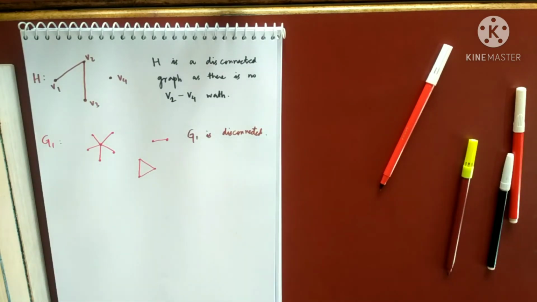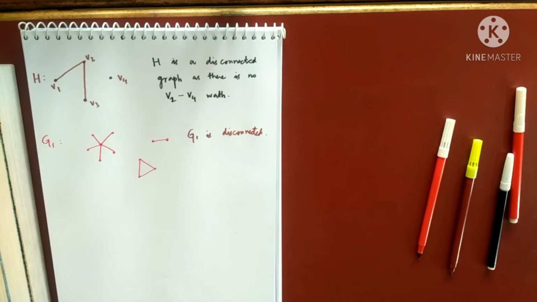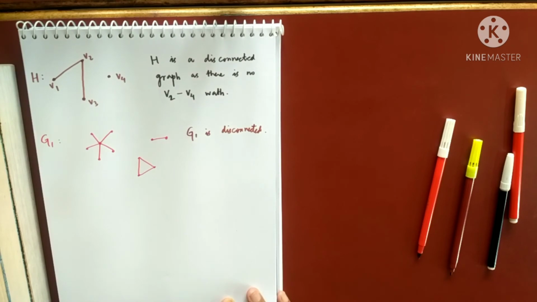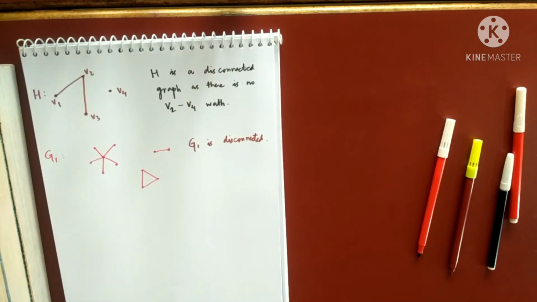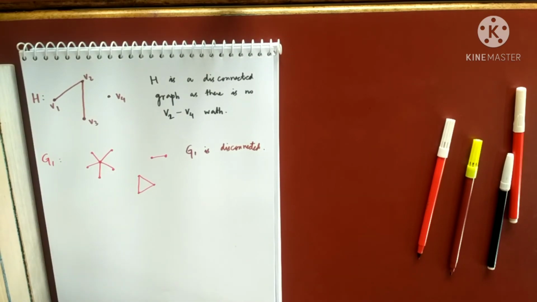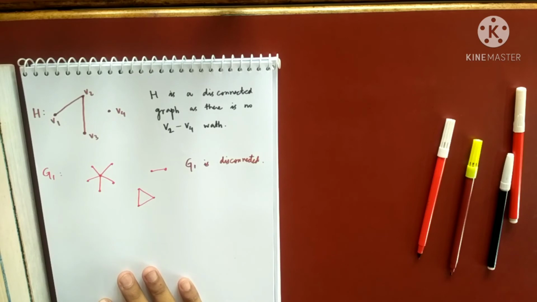Okay. So we have understood what we mean by a connected and a disconnected graph. Very good. And as already said, whenever there is a walk, there is a path. So I now have 2 definitions for a connected graph. One definition is that there exists a U to V walk for every pair of vertices. Another definition is that you can replace the word walk by path. You know the reason why it can be done.